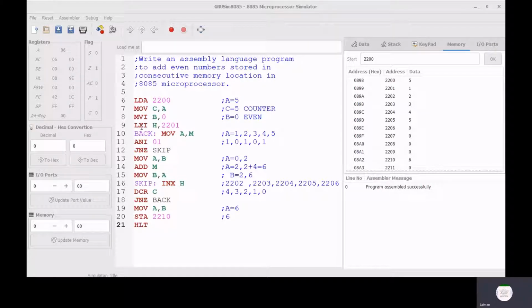So for 16-bit numbers we use the HL register pair.